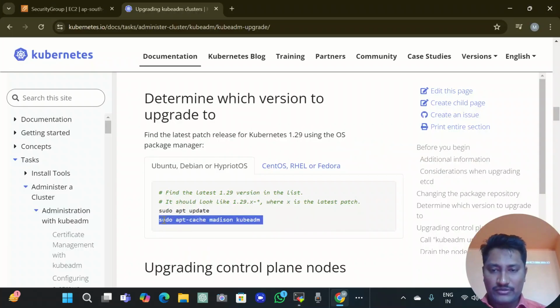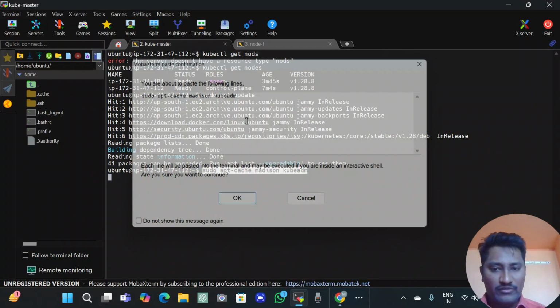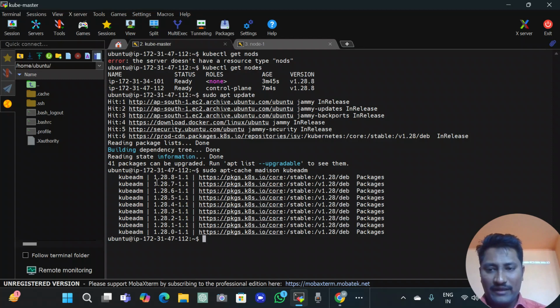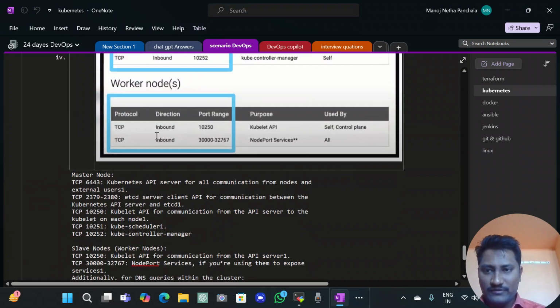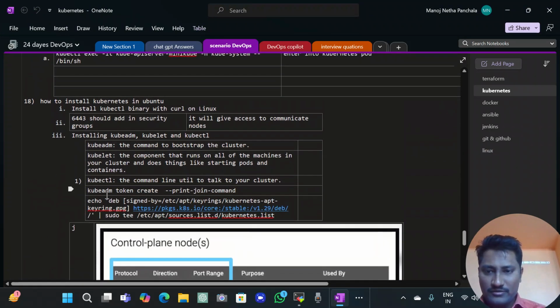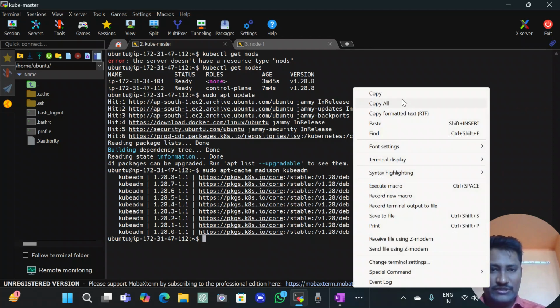So this command, sudo apt-cache madison kubeadm, will show the packages. Here I'm having 1.28.8. So my package repository is showing only this. Here I have a command that shows 1.29 packages. Where is this command? Copy this command, I execute it here,